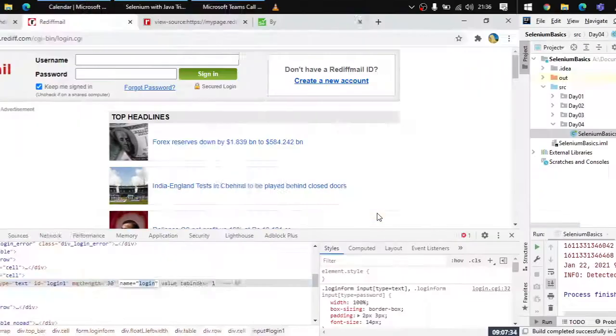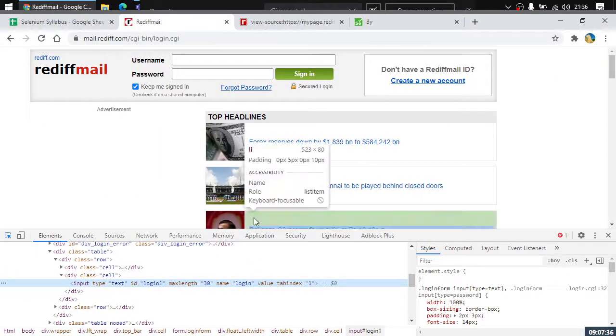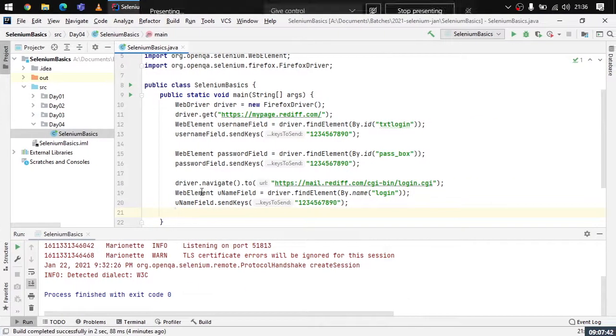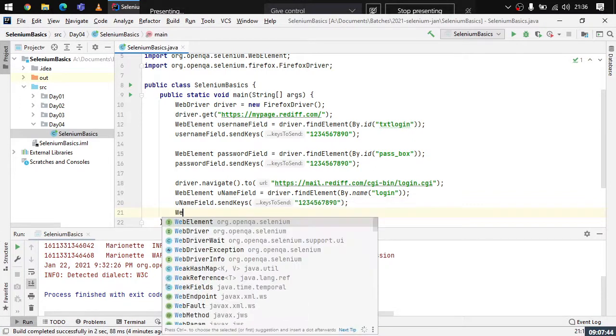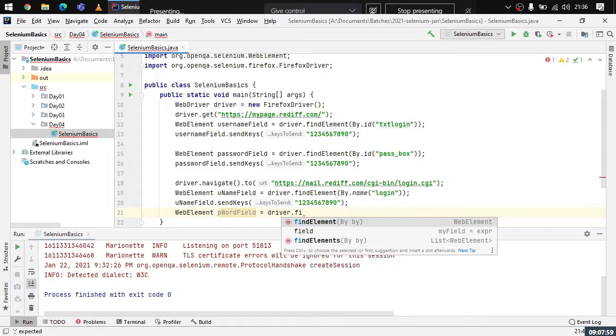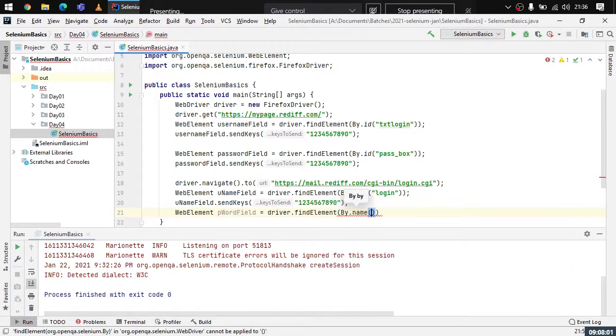In the same way, I can have access to the password field. So let us just analyze this password field as well, and you can see that the name is PASSWD. So here, web element PW field equals driver dot find element by name, and here the name is this.